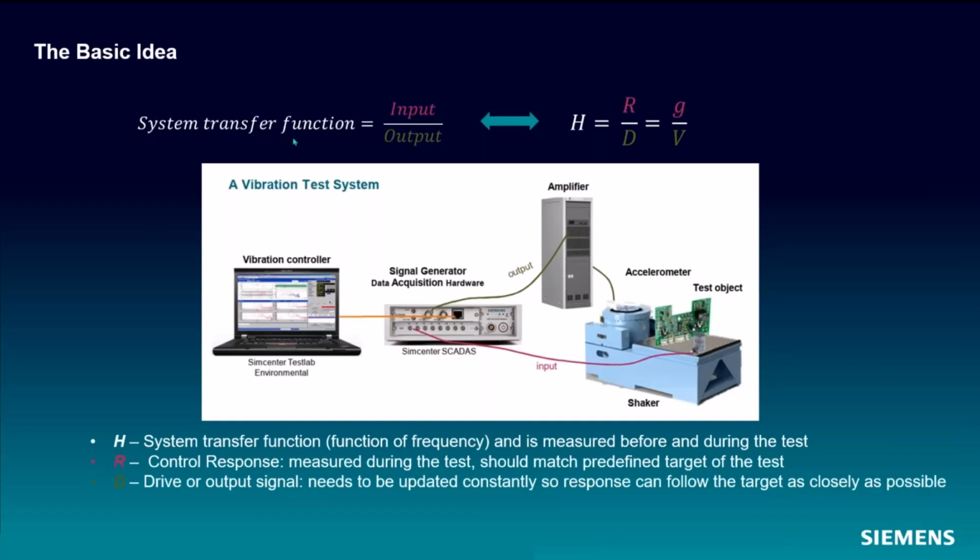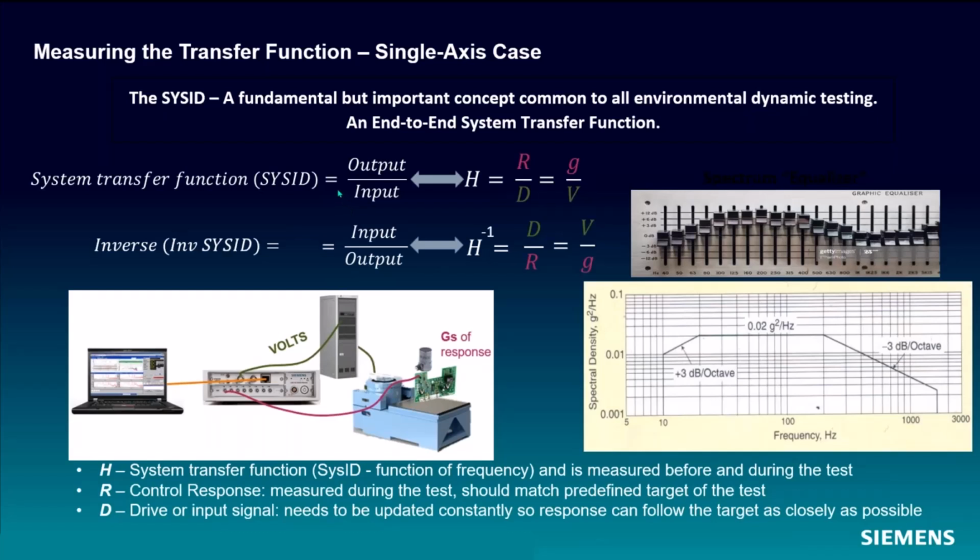What you do to get there is create this system transfer function and invert it. So again, this is a picture of a real test here. Well, real-ish, at least. We've got our control accelerometer, and we've got our drive output to our shaker amplifier. We output that drive to the shaker, we measure what the accelerometer is reading, and then we calculate this function. Then we calculate the inverse transfer function.